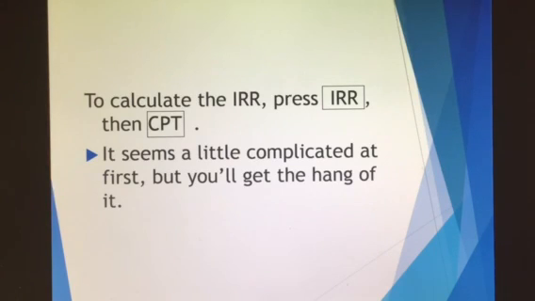Now, to calculate the IRR, you press IRR. It's only really what you do here. It's opening up a single cell